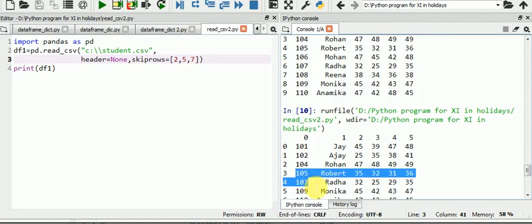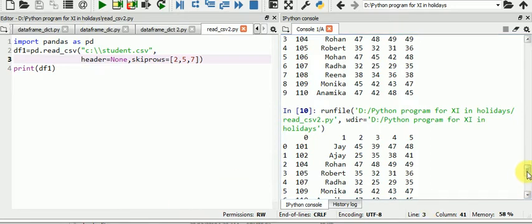Then 7, that's roll number 108 in the previous output, and that is missing here. So you can skip some rows. Whatever data you are importing from the CSV file, if you want to skip some rows, you can do it with the help of this option, skiprows.